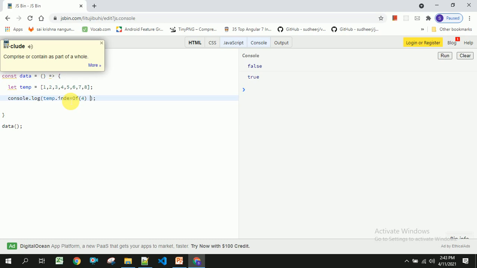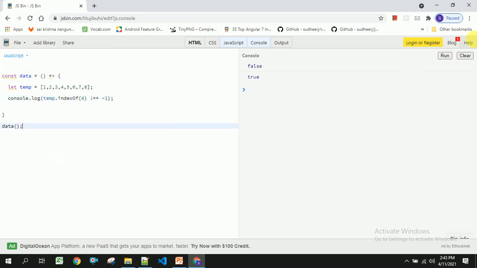If it is -1, then it does not include the value. If it is 0 or greater, it includes the value. You can see here it is returning true. In this way we can check whether the value is present in the array or not.